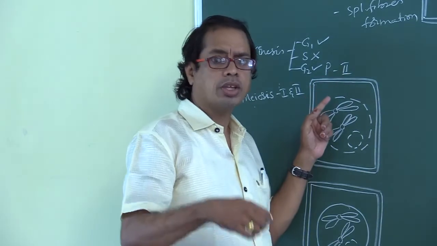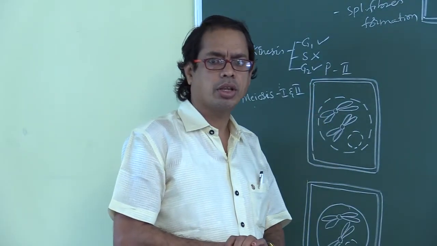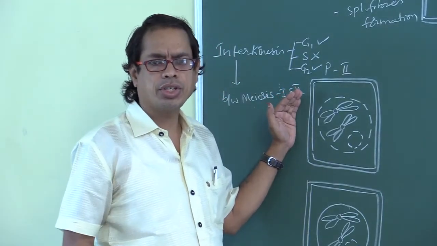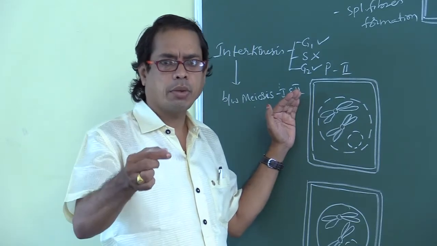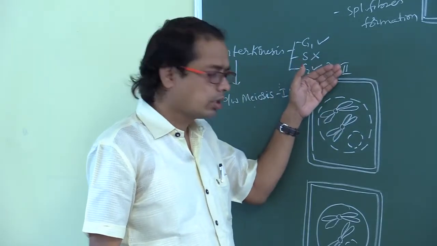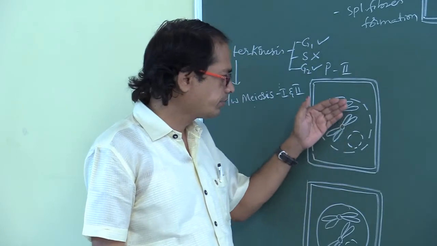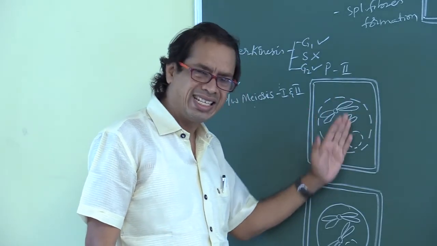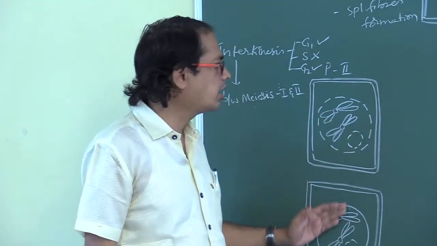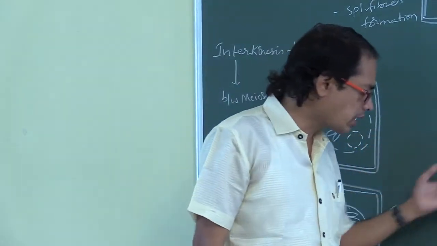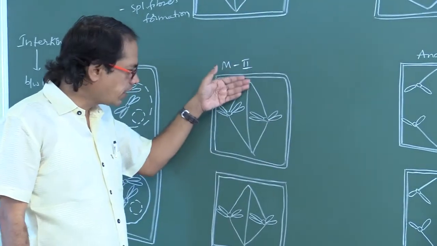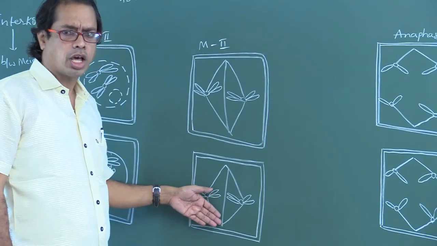Next one, meiosis 2. What is the first stage of meiosis 2? Prophase 2. Meiosis 2 is similar to mitosis, that's why it is also called homeotypic division. In prophase 2, in these two daughter cells, the nuclear membrane and nucleolus disappear. This is the importance of prophase 2. Chromosomes come to the equatorial plate. Spindle fibers are formed. Normal points.